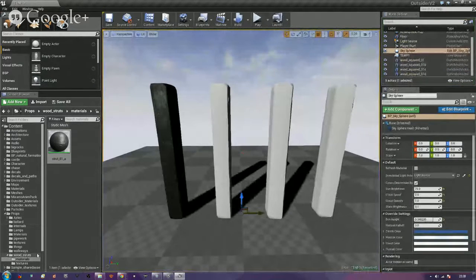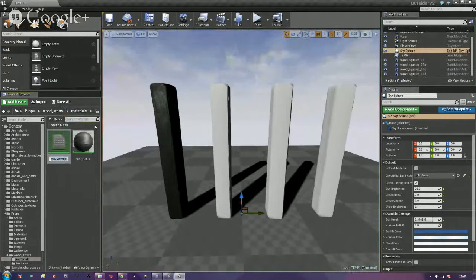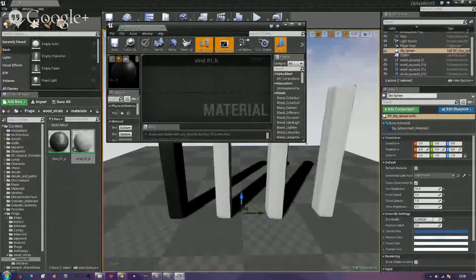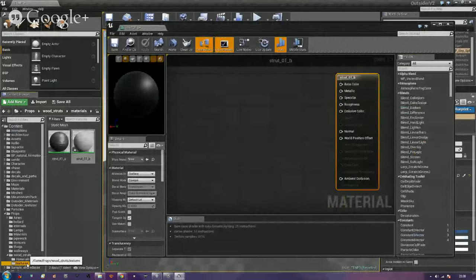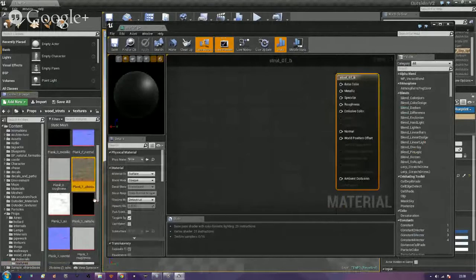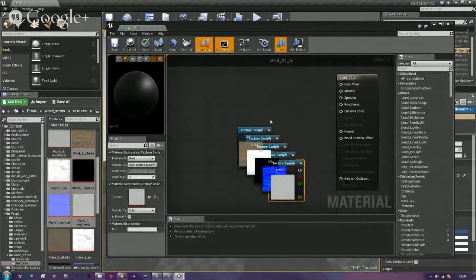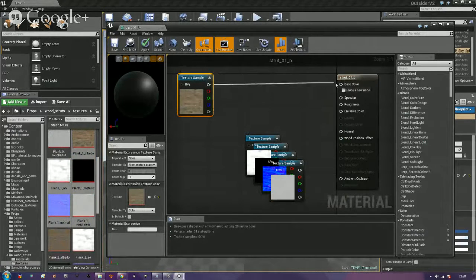Now I'm going to do the other three. So again, do our materials and new material, and this is Strut 1B. And just open that out. And what I'm going to do is just pull across my textures. So that's going to be one, all the way at the end of one, where it says roughness, just drag it. There we go. So, the albedo goes with the base color,